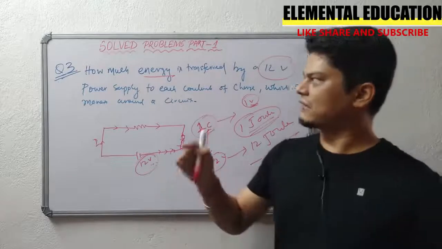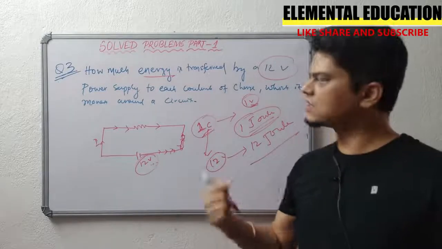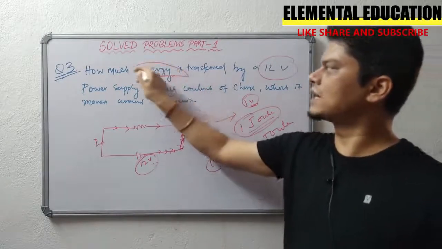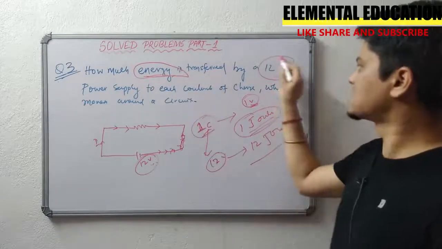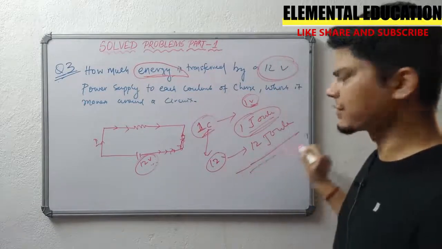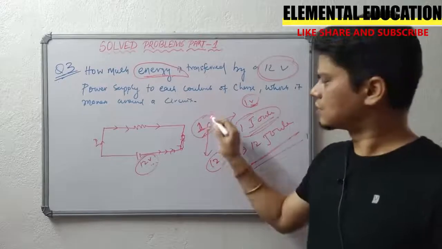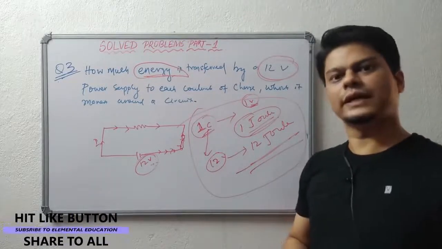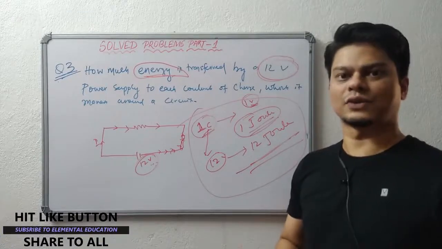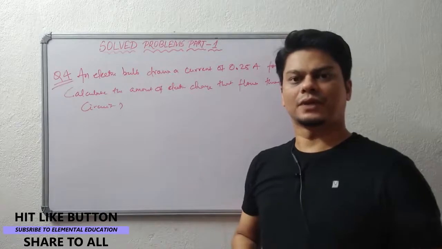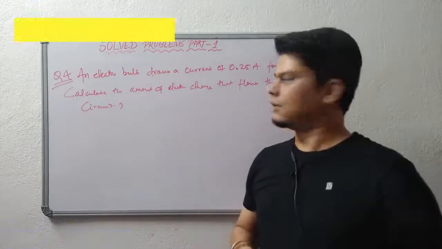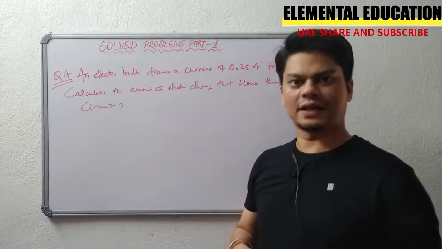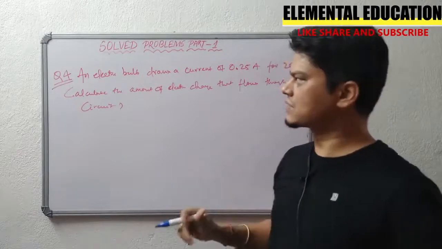So guys, whenever you are approaching a question, always remember to underline what has been asked and what is given, so that you can find the exact answer to the question. Now let's move to the electric current questions. Question number 4 will be from electric current. So guys, this is the fourth question on electric current. Let's see the question.